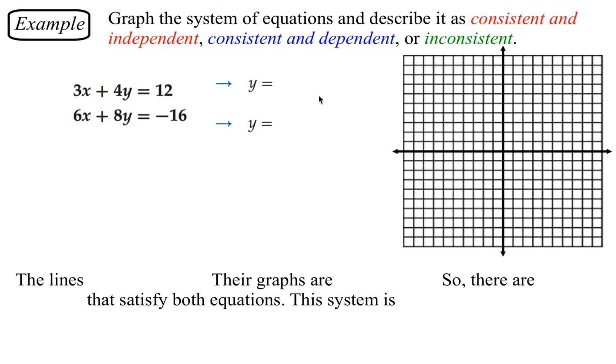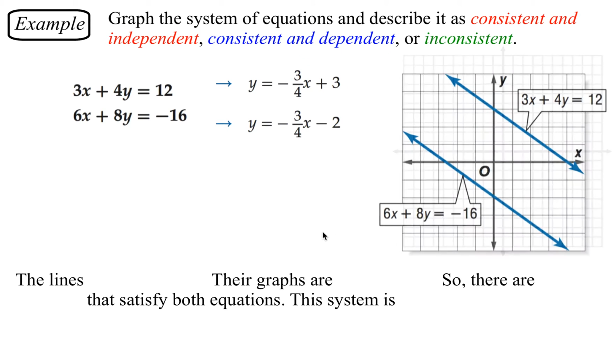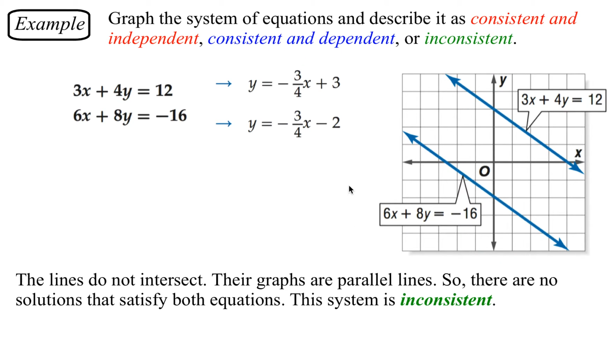And here's our last example, solving for y again. We notice that we have the same slope but different y-intercepts. So graphically, those lines are going to be parallel. They do not intersect, so there are no points of intersection. There's no common solution. So we say that that is an